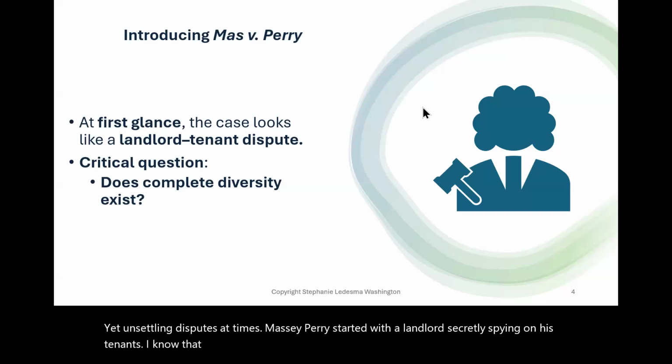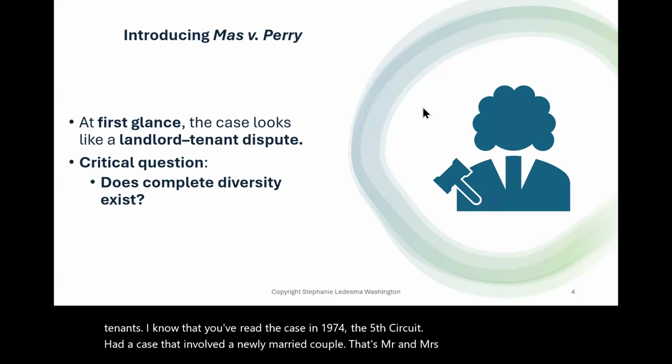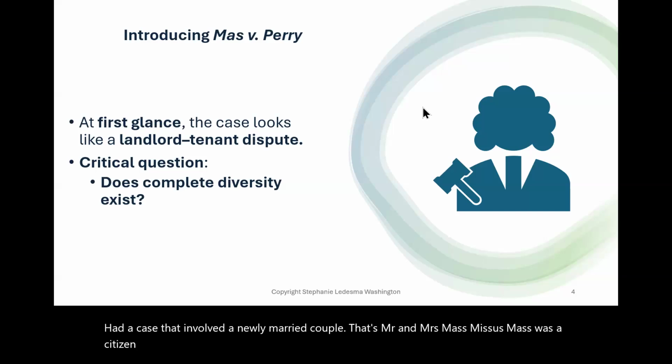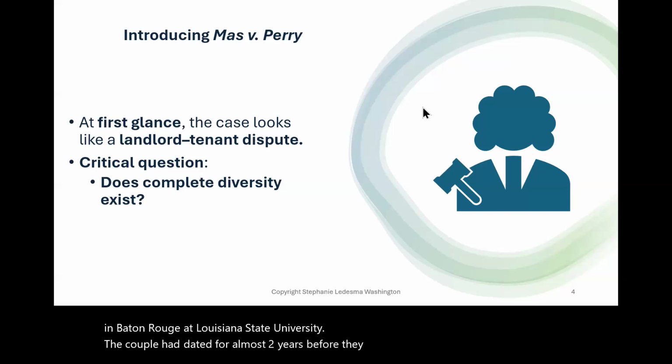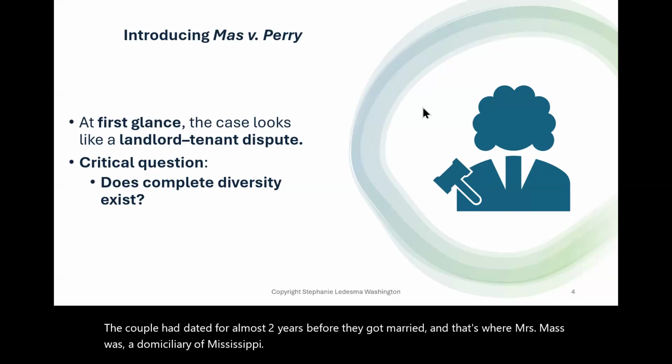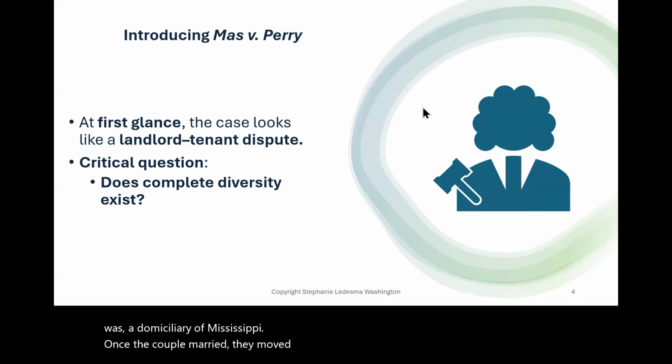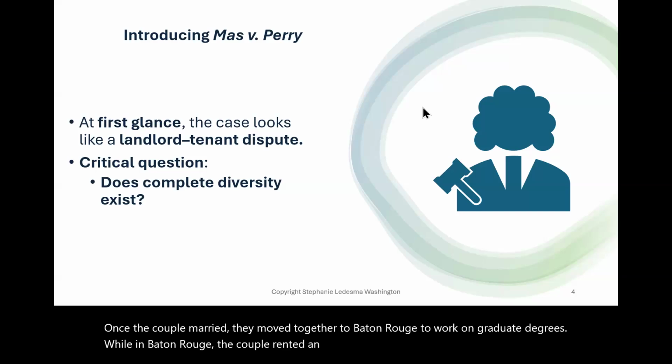I know that you've read the case. In 1974, the Fifth Circuit had a case that involved a newly married couple, Mr. and Mrs. Moss. Mrs. Moss was a citizen of Mississippi, and Mr. Moss was a French national pursuing his education here in Baton Rouge at Louisiana State University. The couple had dated for almost 2 years before they got married, and Mrs. Moss was a domiciliary of Mississippi. Once the couple married, they moved together to Baton Rouge to work on graduate degrees. While in Baton Rouge, the couple rented an apartment from their landlord, Mr. Oliver Perry,